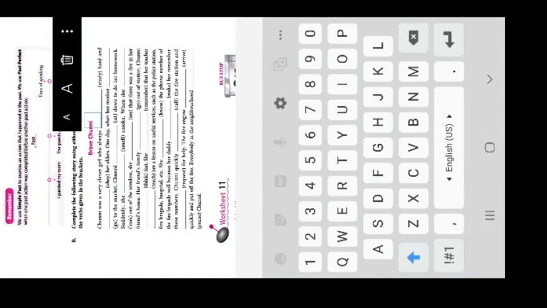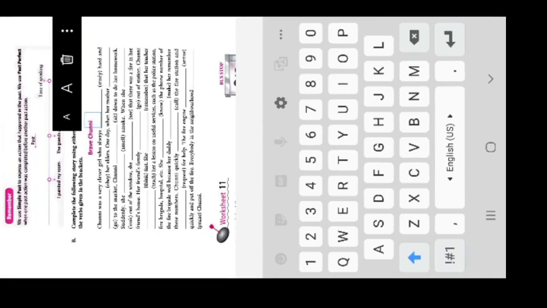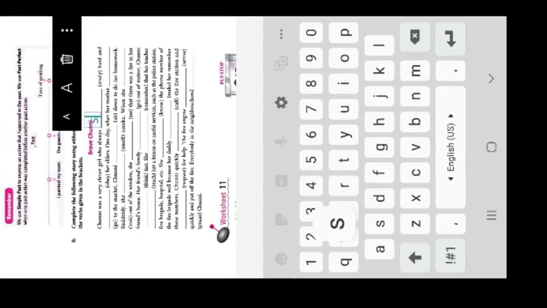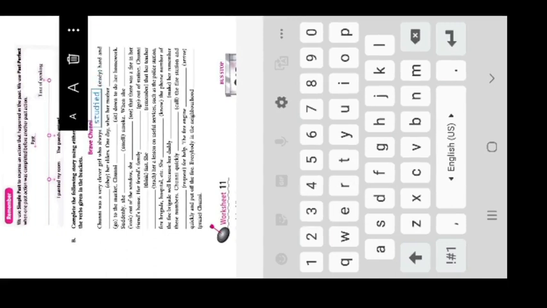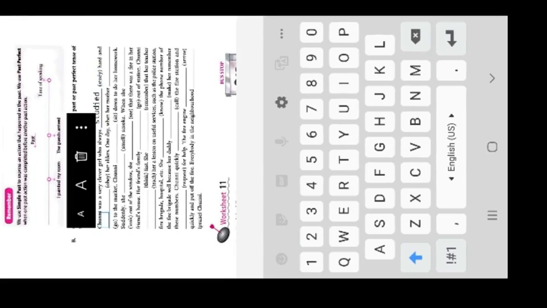Okay, Chunni was a very clever girl who always studies hard and obeys her elders. So this is the habit of Chunni. It's a habitual thing, so it would be written in simple, isn't it? But here the action talks about a past event, so we will write it in past tense. So what will we write? The past tense of study is studied. Next one. Chunni was a very clever girl who always studied hard and obeyed